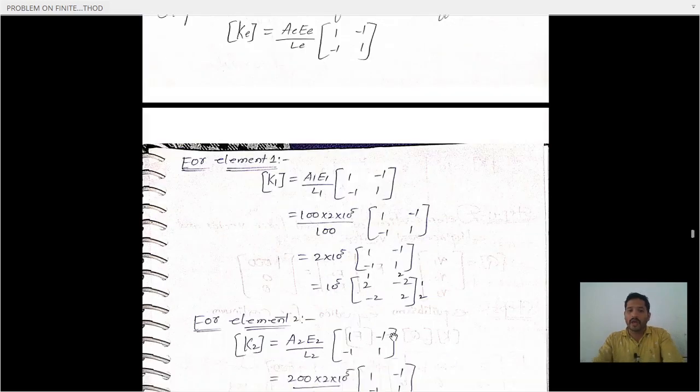For the first element, instead of KE we have to represent K1 equal to, instead of AE we have to present A1, instead of EE we have to present E1 by L1, [1 -1; -1 1]. Okay,